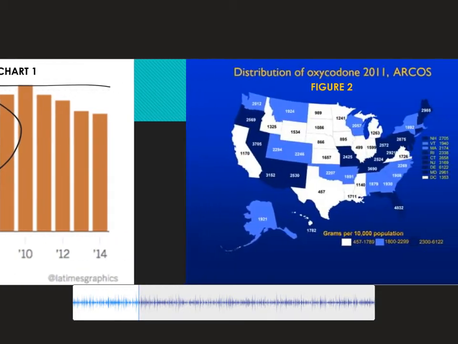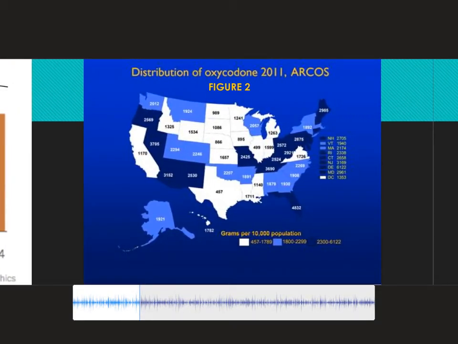In Figure 2, we can take a look at the distribution of oxycodone across the United States in grams. There is a generally consistent pattern regarding population of a state and amount of product. Some of the large numbers on the east side may be due to production plants. Purdue has production facilities in New Jersey, North Carolina, and Rhode Island. It would make sense why there is a high density of dark blue states in those regions. Additionally, the second densest state, Florida, with 4,832 grams per 10,000, makes sense because of the extremely high elderly population.